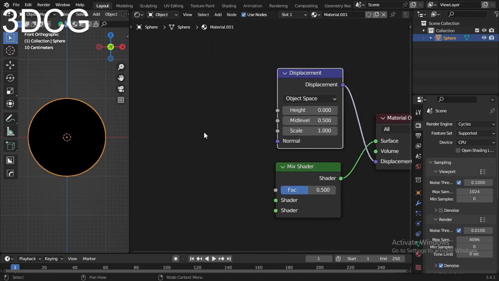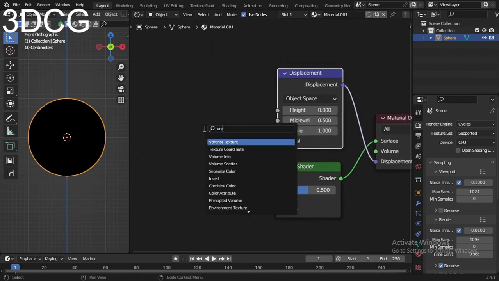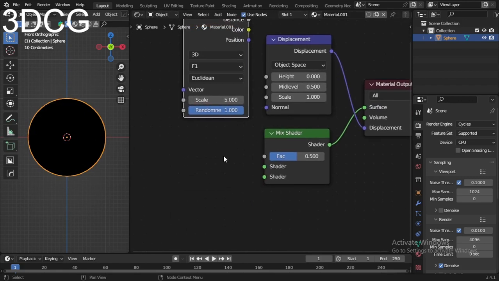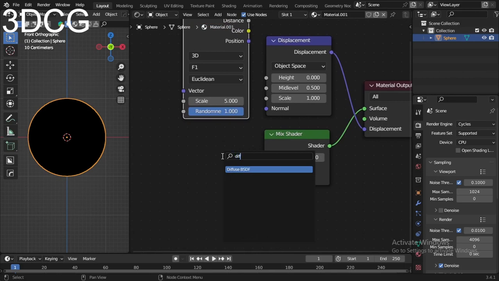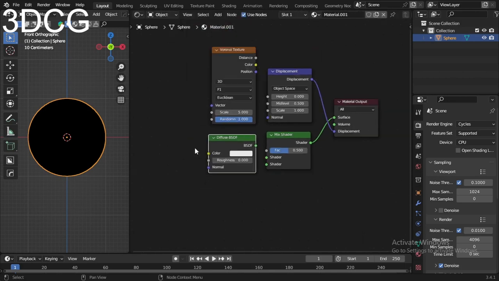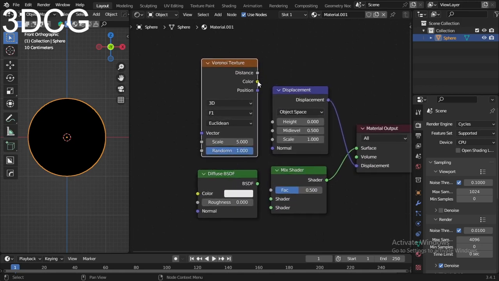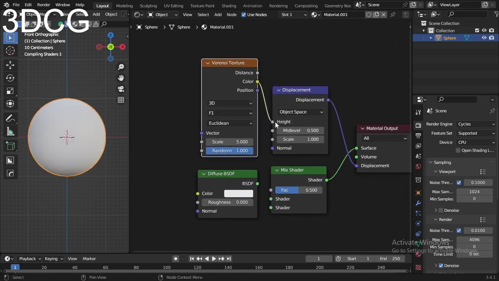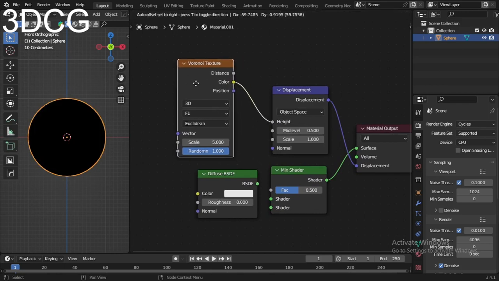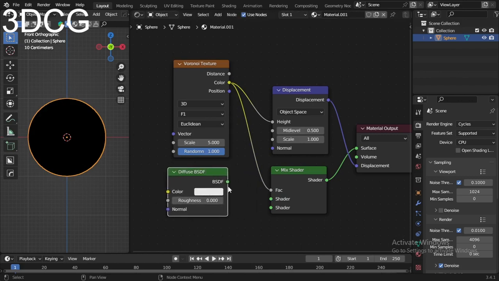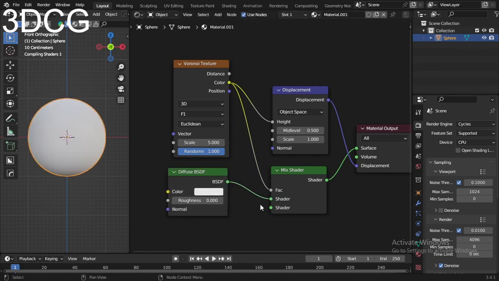and then I take a Voronoi texture and take a diffuse node. Okay, yes, and I connect this Voronoi texture with the height and one is with this factor. Good, and then I connect this BSDF with the shader node